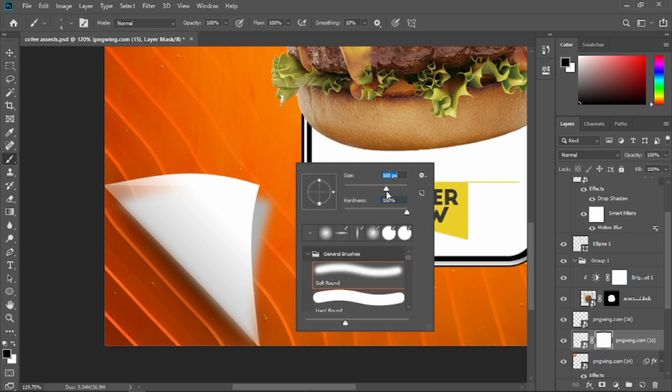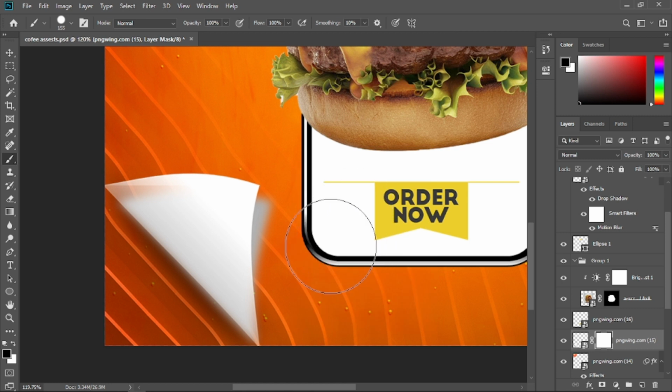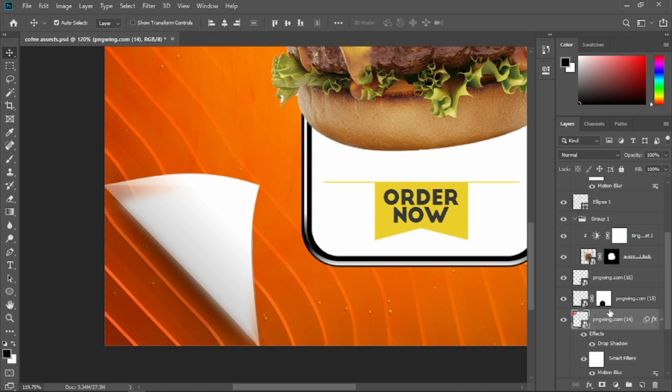hardness all the way to 100. Increase the brush size a little bit and make sure you have foreground color as the black, and mask the area like so that you do not want. Right there. Okay, now I'm gonna create a new layer